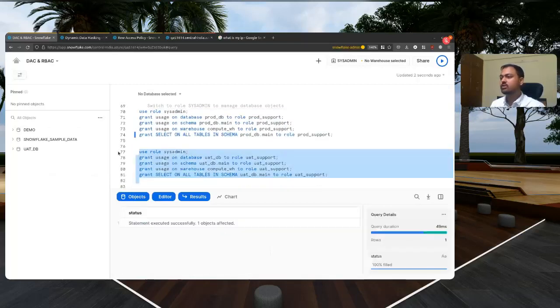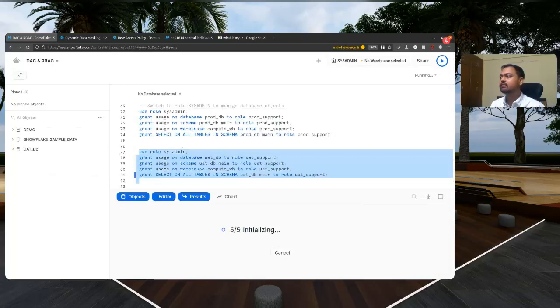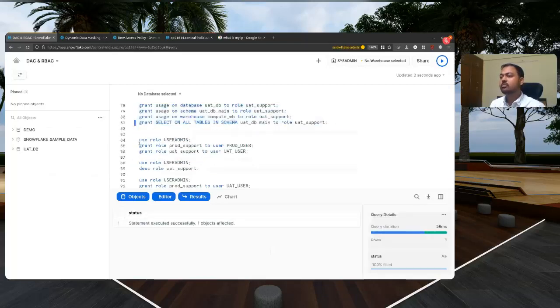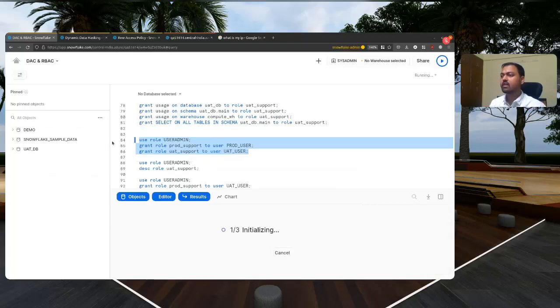And we will do the same in case of UAT. Now we will be granting roles. Production user will be granted role prod support. UAT user will be granted role UAT support. So let's run this